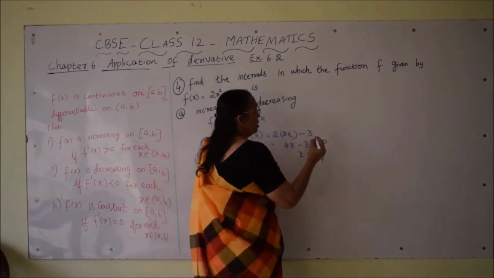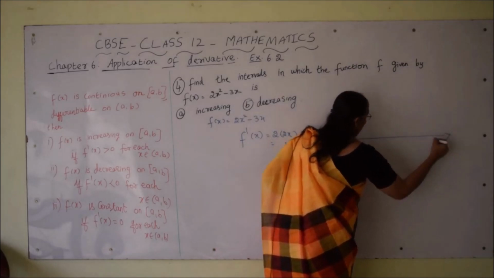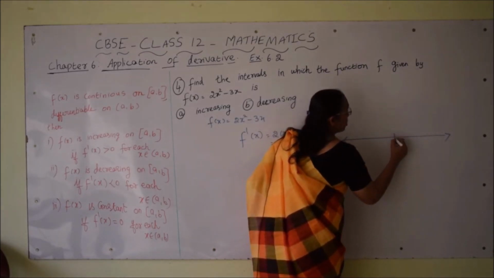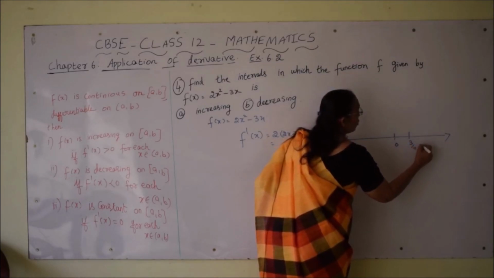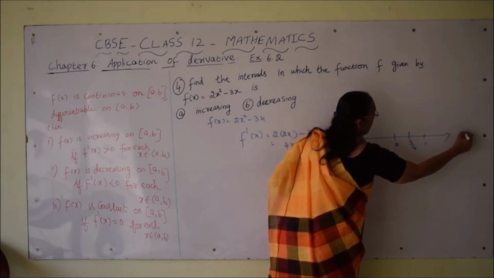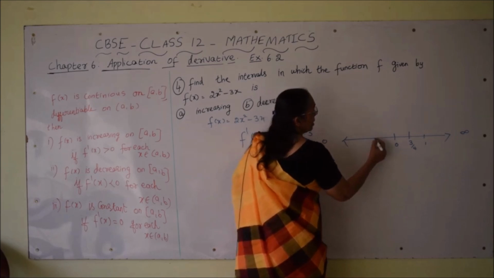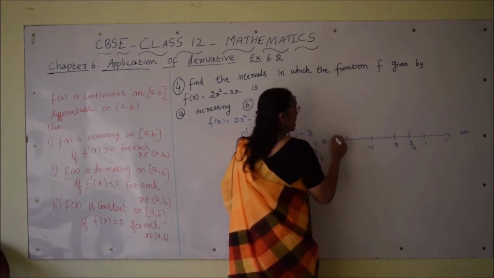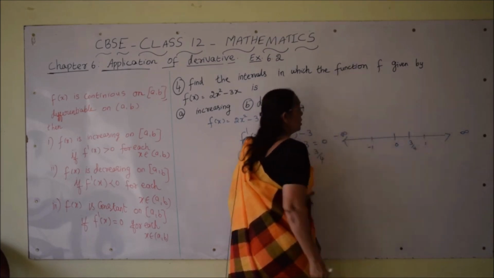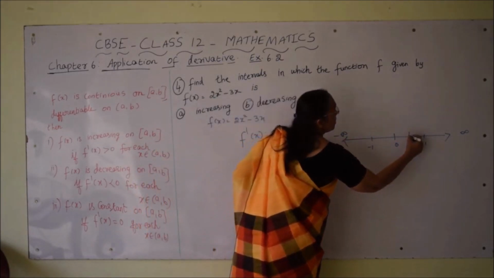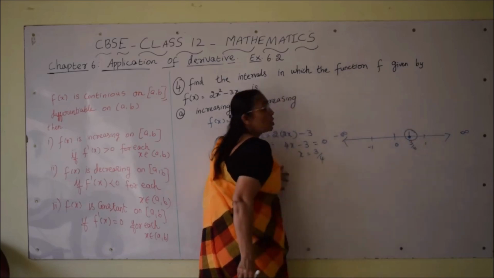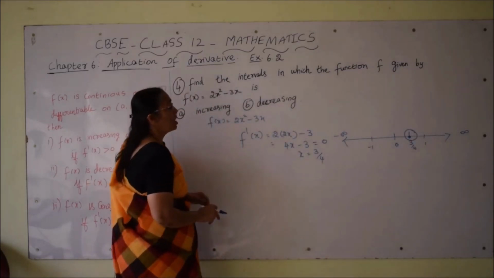Now, number line. So, on the number line, let us locate the point 3 by 4. Maybe this is origin 0 and now this is 3 by 4. You will be having here 1, 2, etc. up to infinity and here this part is minus 1 and here you will be having minus infinity. Right? Fine. Now, the turning point is 3 by 4, this place. So, at this particular point the function is constant.